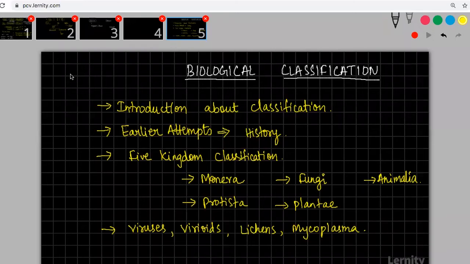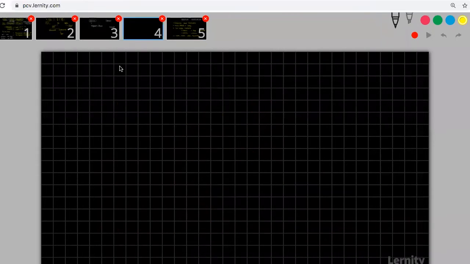So if we are completing all these things, we'll complete this lesson. This is slightly a bigger chapter. It will have lots of new terminologies that are coming up. So better is you please start writing those terminologies. And what I want you to do is maintain a separate dictionary sort of thing for this biology as well. Okay. There are lots of new terminologies that you will be coming up with.